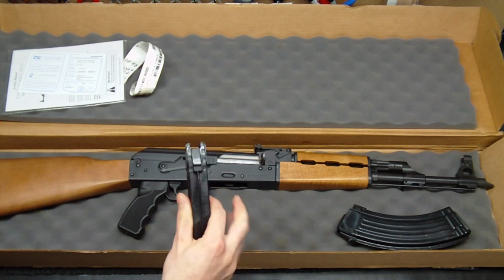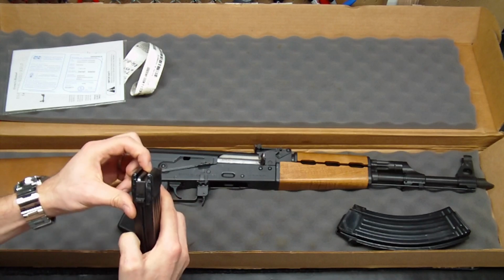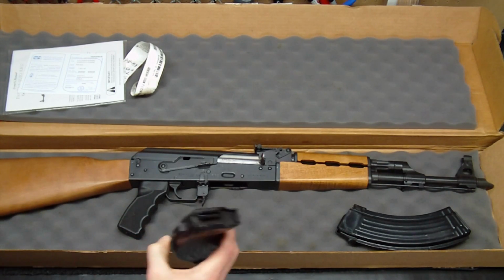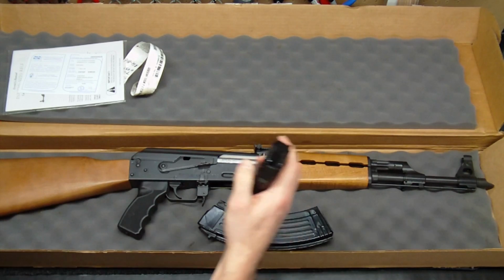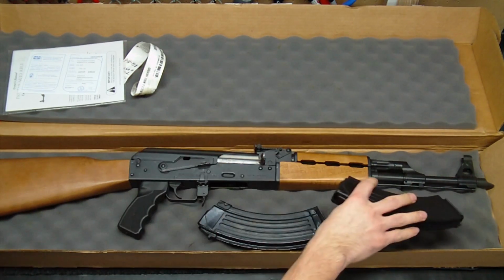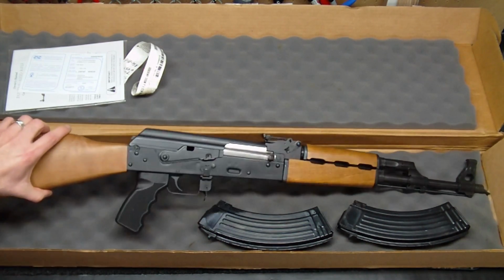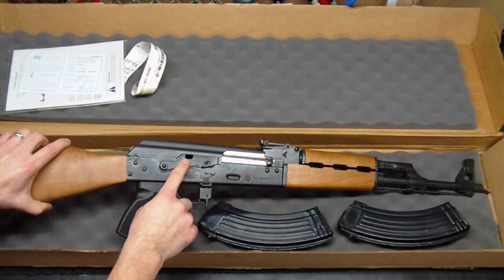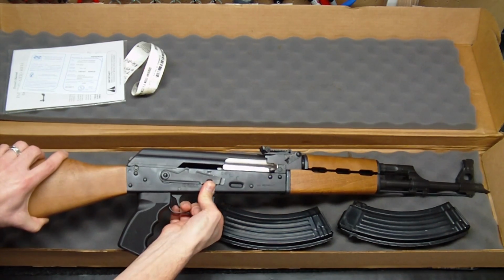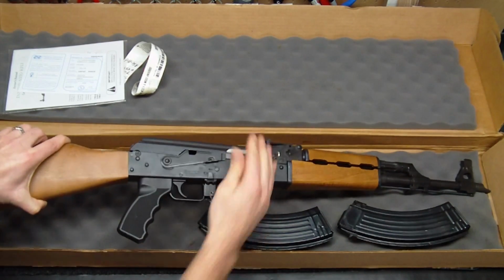A lot of times you'll hear, and this may be with the Generation 3, that it has the bolt hold open after last round feature. The two magazines I received with the Generation 2 do not have that feature, it looks like. I did test these magazines out, and it doesn't hold back. But as you notice on the rifle, it does actually have the bolt hold open feature on the safety mechanism. And this safety mechanism is very tight, I have to tell you. I might have to go in there and bend that out a little bit